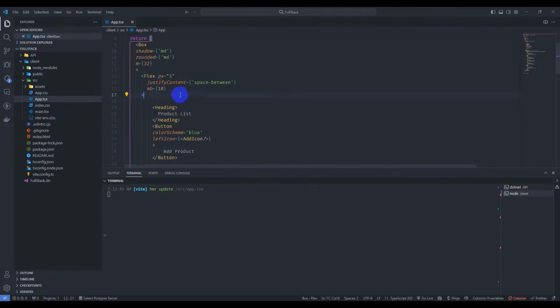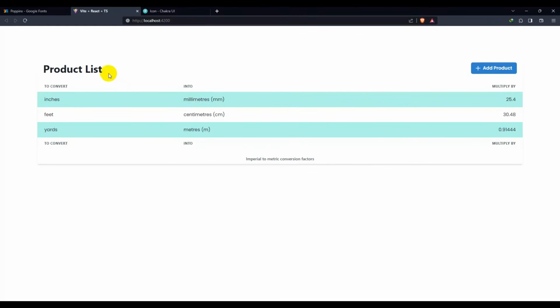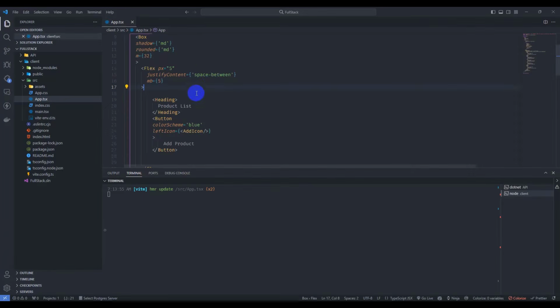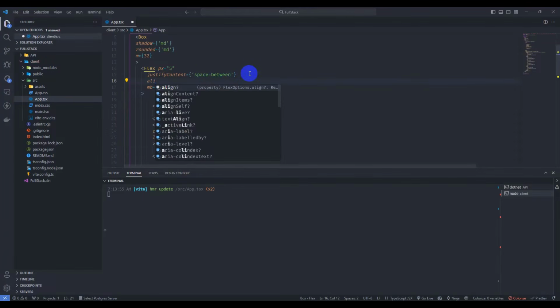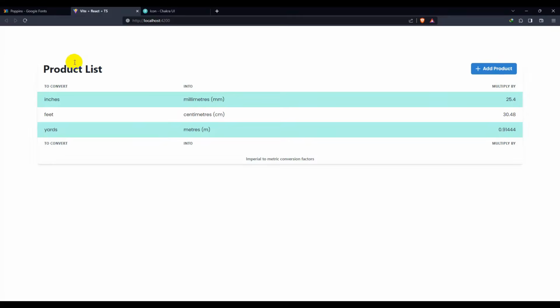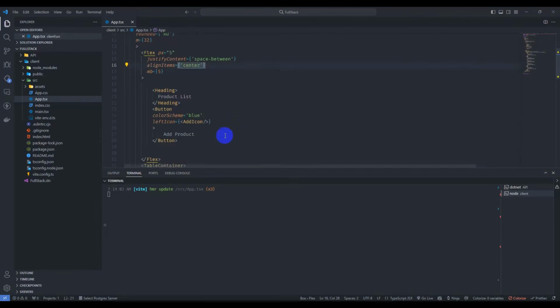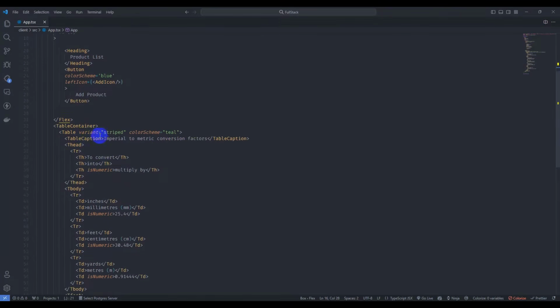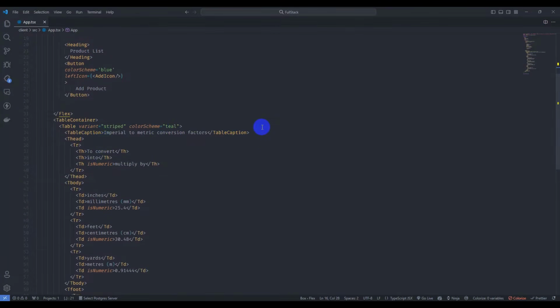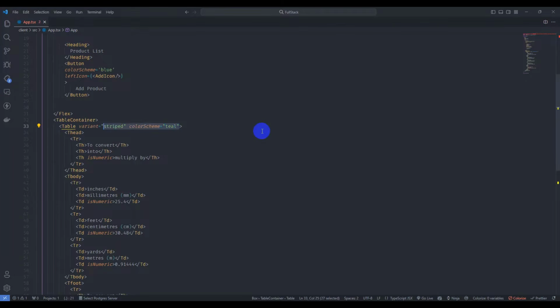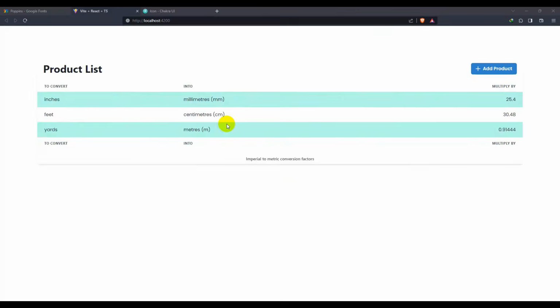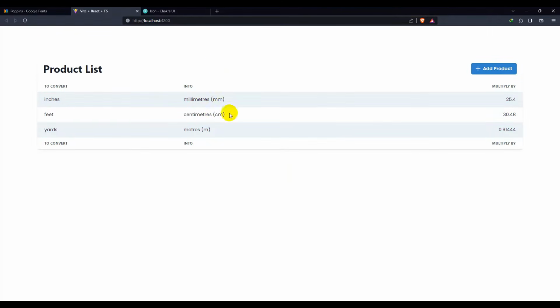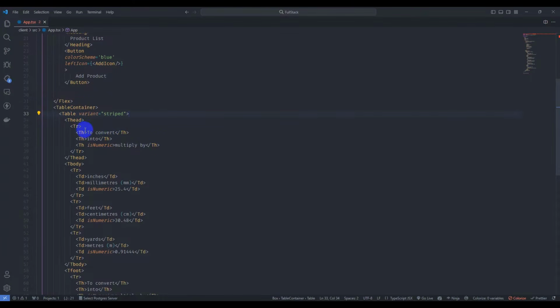MB5 is good. So let's make it align item center. For aligning these items, go to table container, just remove this color scheme from here, and here we want it ID,